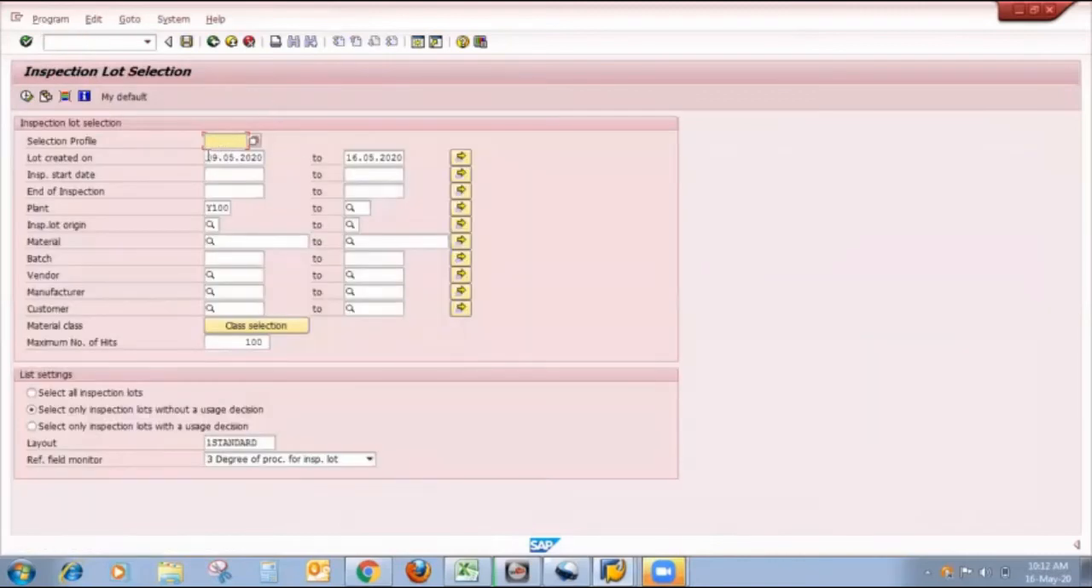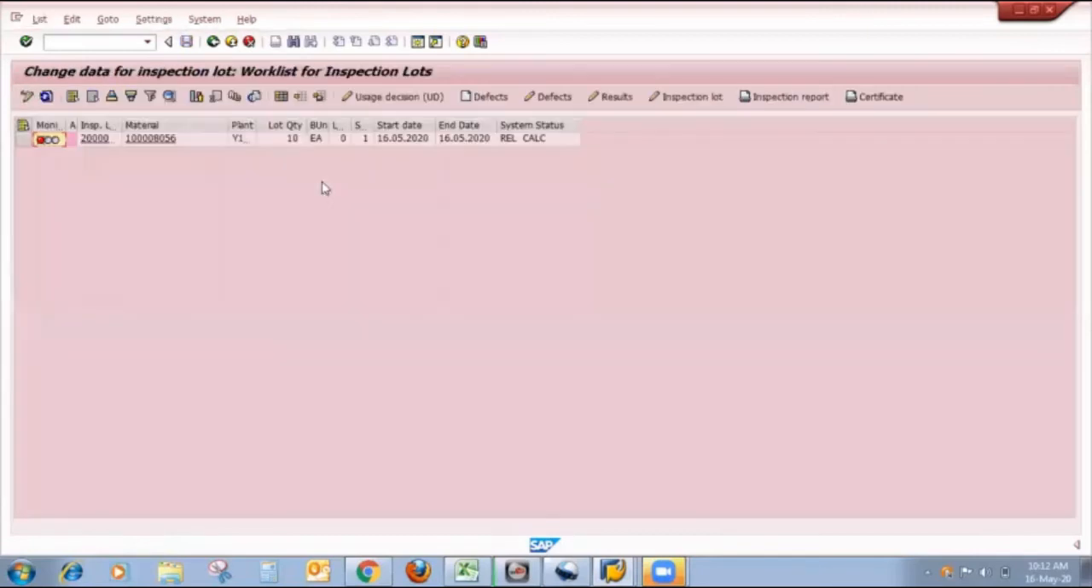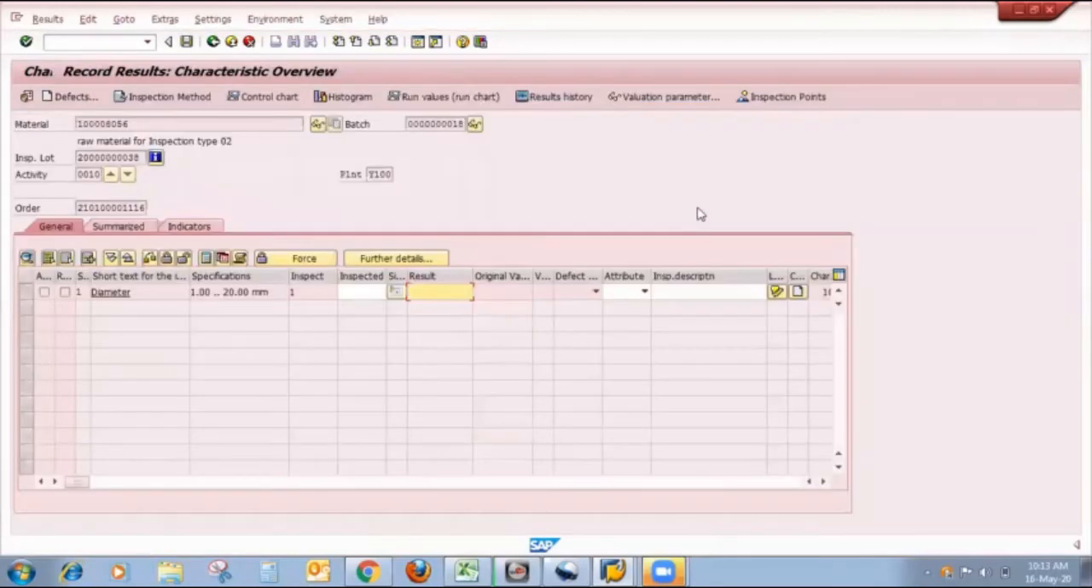Here I give input as today's date. Here I put the plant and select all inspection lots. So here my inspection lot comes with status released, CLC calculated. My next step is to do result recording. So I select this lot, click on the result recording button, where I put my result,